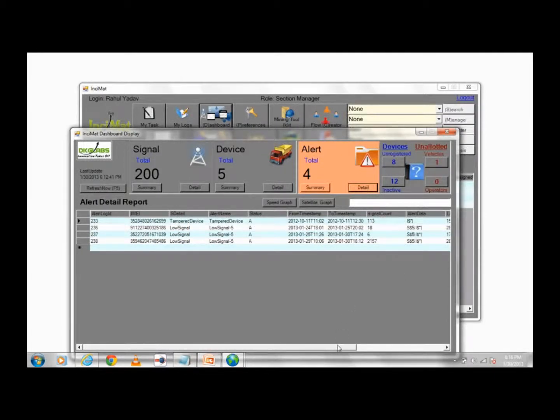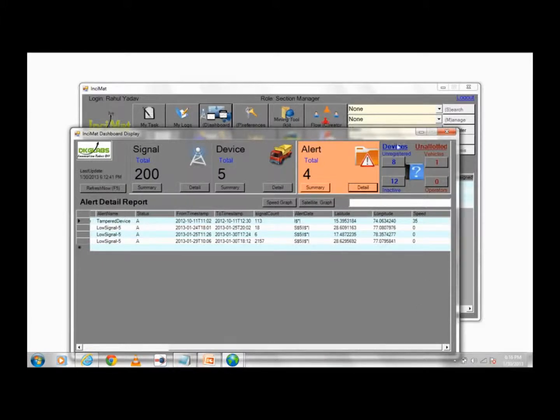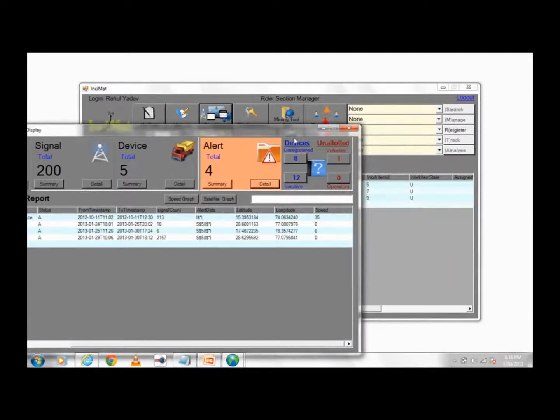The fourth window gives me information that, as of now, there are 8 devices which have not been registered in the system. There are 12 devices for which I don't have information, as the signals have not been coming for X amount of duration. There are also unallotted vehicles, where the operators have not been allotted these vehicles. So all this information I can get in